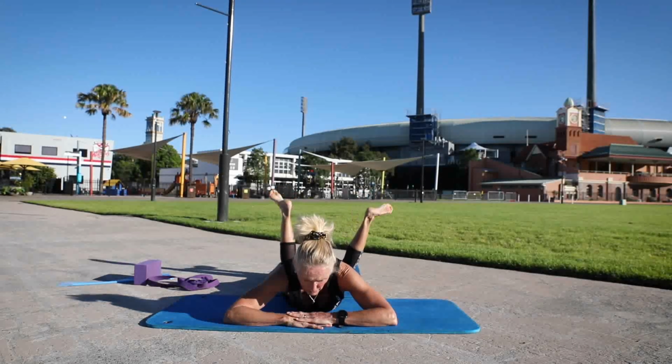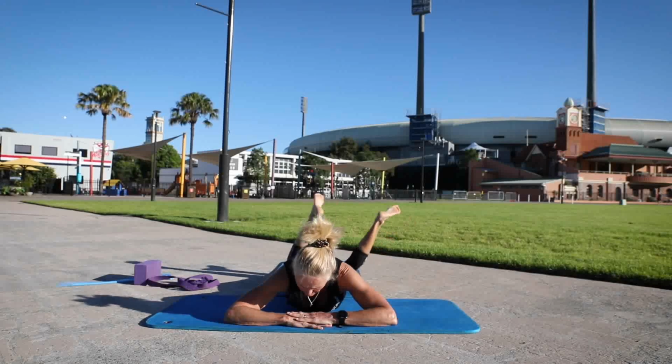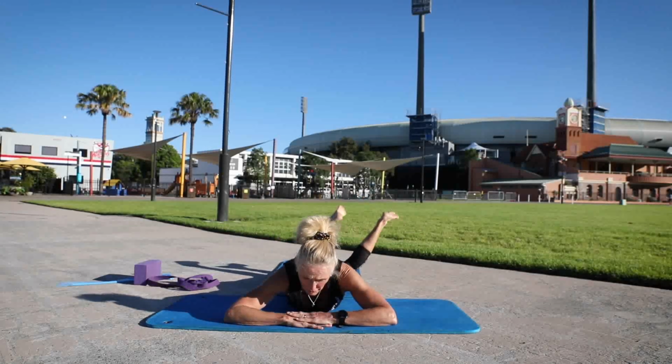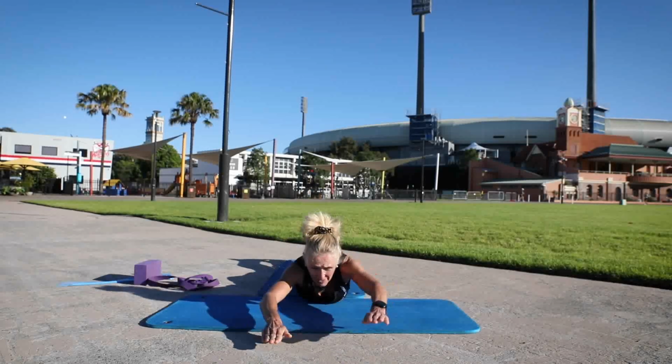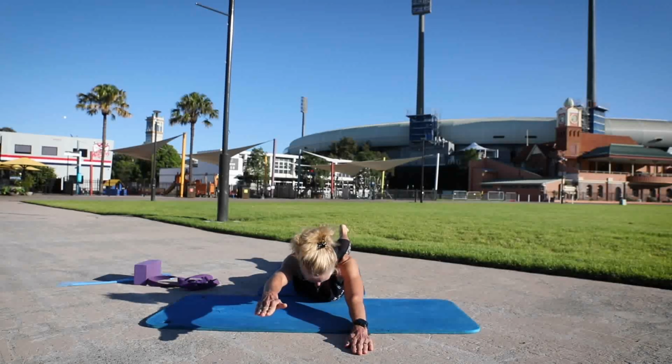Twirl your ankles around again, and then the other way. And then gently windscreen wipe your legs from side to side. So we're going to come into some back extension work. So extend your arms forward. Move back slightly, so make sure those arms are in line with your shoulders,